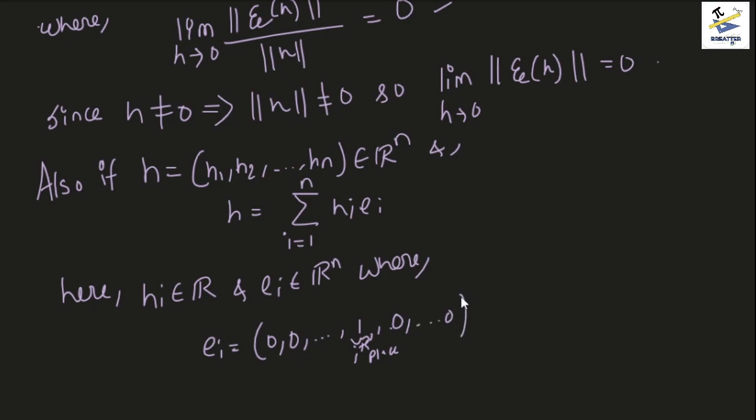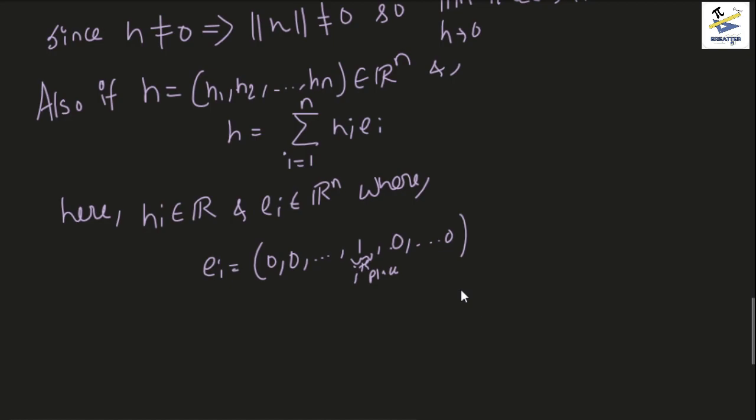So this is the standard basis for R^n, as we all know from linear algebra. And let us say the vector h has this representation, then